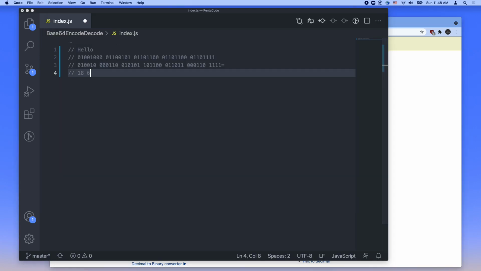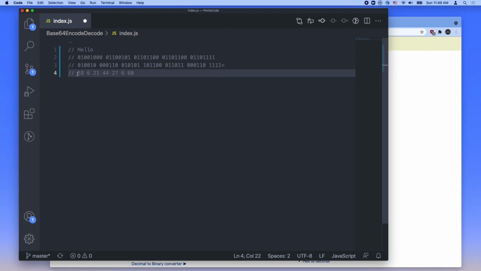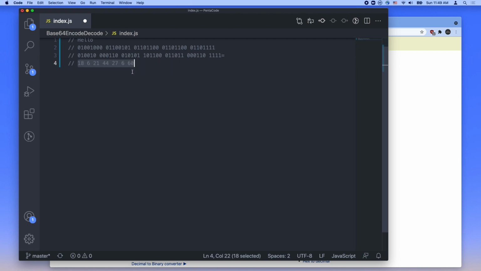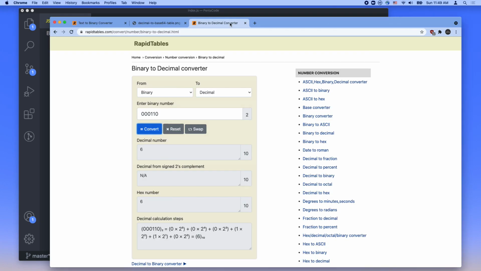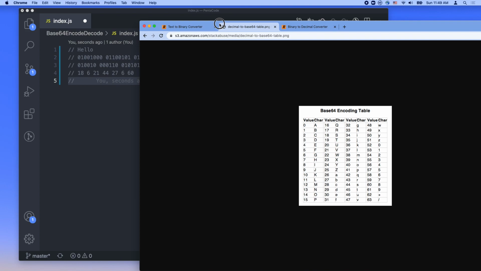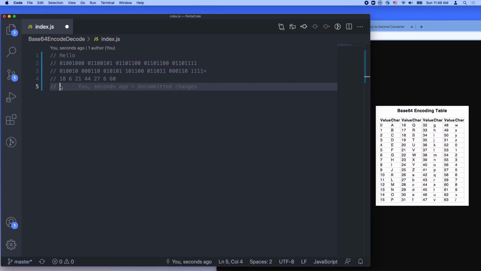If you do all of this, I'll save you some time. You get the following numbers. This is the decimal representation of the word hello. And now the last step is you want to convert the decimal into its ASCII form. There's a handy table you can probably find online somewhere, which will show you which number corresponds to which letter on the ASCII table.